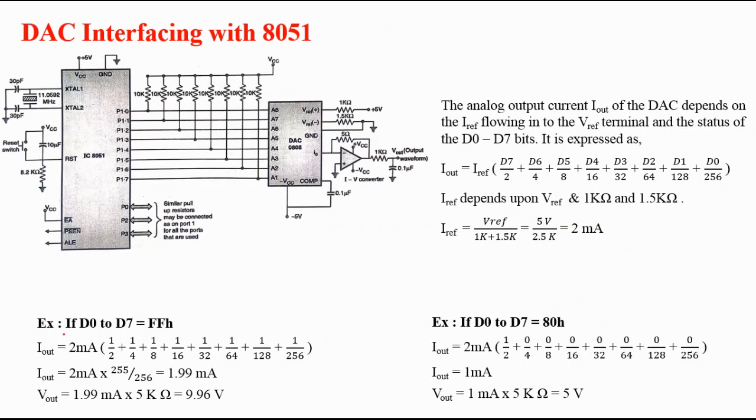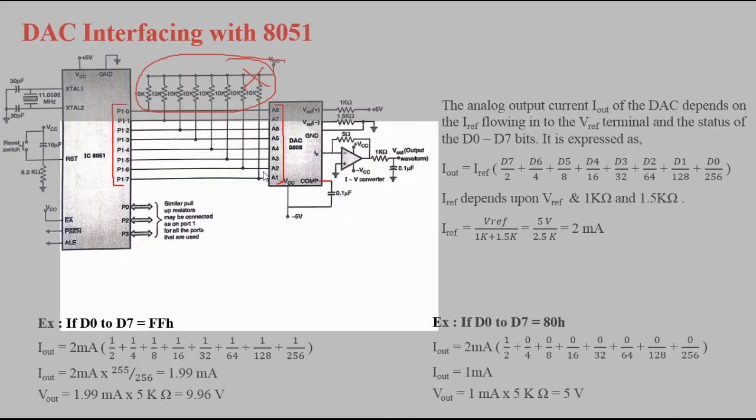Now next is the interfacing part. Here we have connected the digital output to these digital input pins of the DAC. Those are the pull up resistors. If you are using port 0, then you must connect pull up. If you are using port 1, just like here, then you don't need to interface those pull up resistors. Then there is one more pin, the compensation pin. It should be connected to minus VEE through this 0.1 microfarad capacitor. I will make this a little more clear to you.